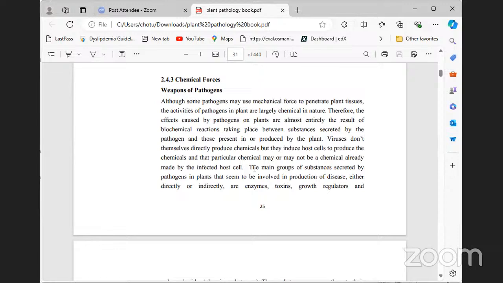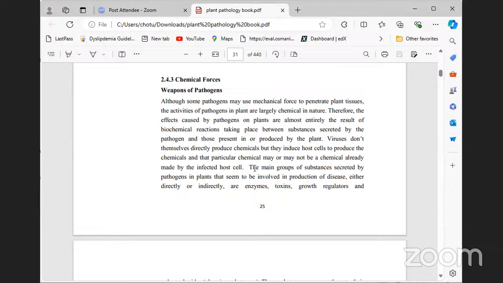Viruses do not themselves directly produce the chemical, but they induce the host cell to produce the chemicals, and that particular chemical may or may not be a chemical already made by the infected host